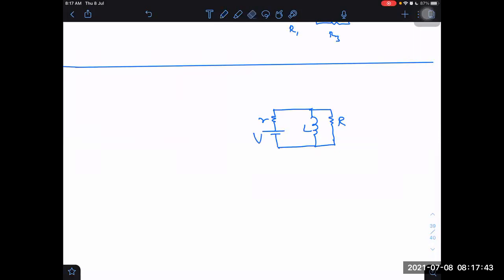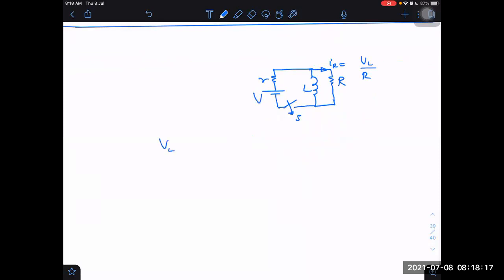Yes, sir. Just after here it is not discharging. The switch is in fact closed, and I'm asking what is the energy dissipated in R. I can ask this question because even though the switch is closed, it will appear to you that probably the current will be increasing, but not always. In the inductor it is increasing, but in a resistance it will be decreasing. Why? Because the current flowing through the resistance will be equal to the voltage across the inductor divided by R. And what will be the voltage across the inductor? Voltage across the inductor will be L into dI_L by dt.